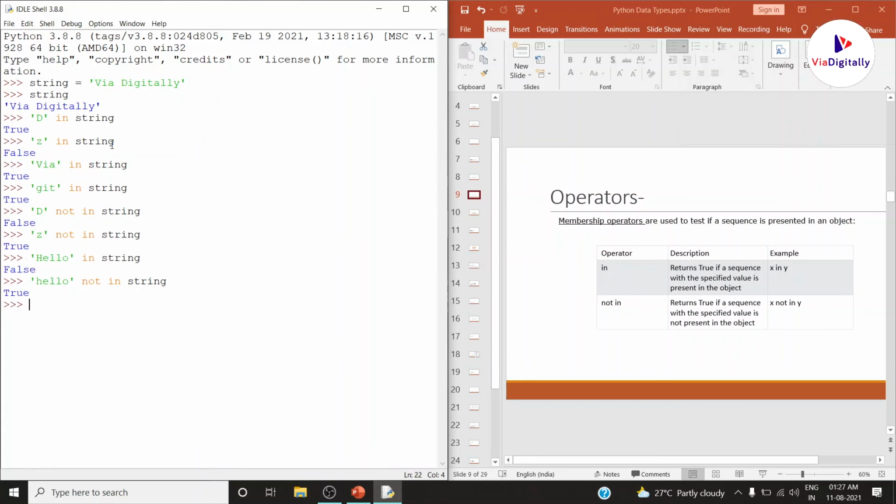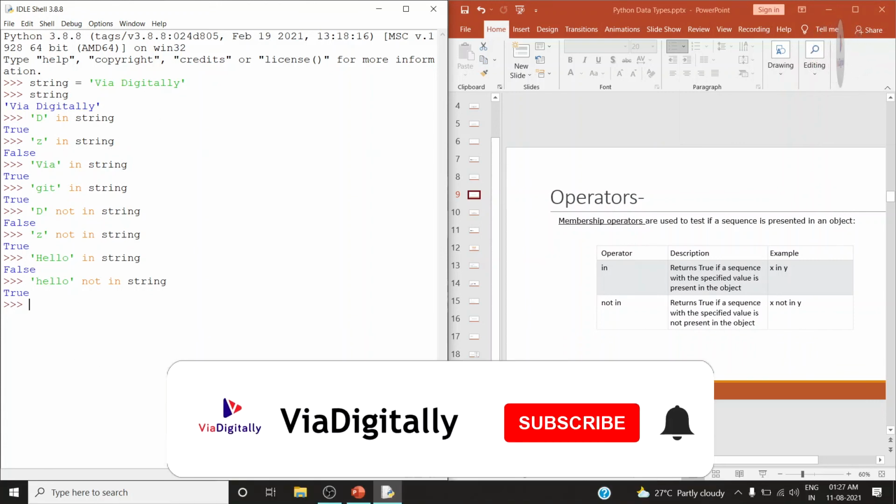So till here we have discussed six types of operators: arithmetic operators, comparison operators, logical operators, identity operators, membership operators, and so on. We are left with one operator, that is called bitwise operators. For bitwise operators we need to understand how shifts go, how the AND operation goes between each bit. For that I will be making a special video in the next video.